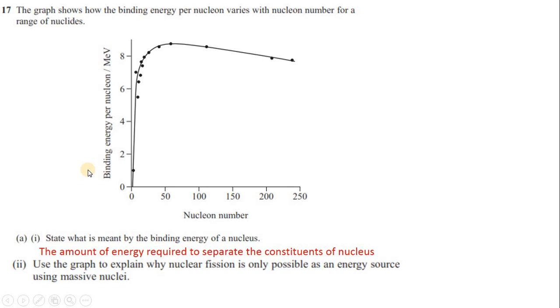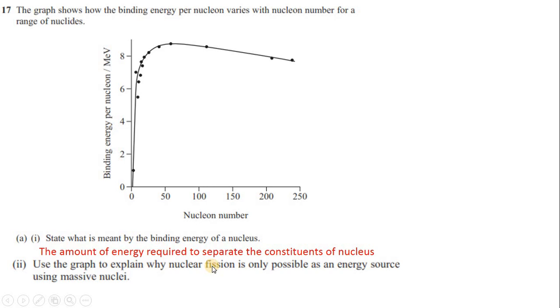Use the graph to explain why nuclear fission is only possible as an energy source using massive nuclei. Indeed, fission is only undergone by the massive nuclei. The massive nuclei undergo a fission process. The reason is that fission is a splitting of a heavy nucleus into lighter nuclei, and